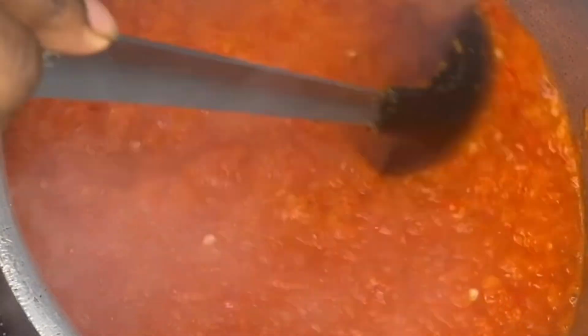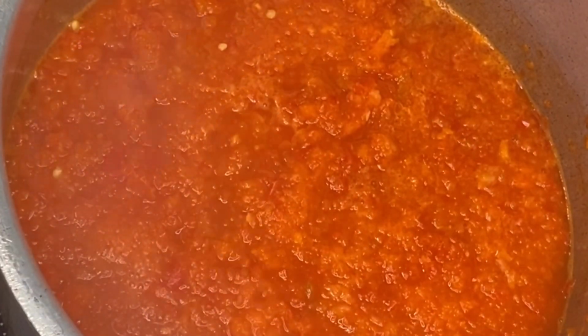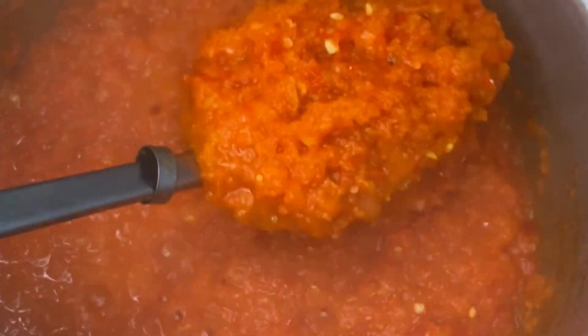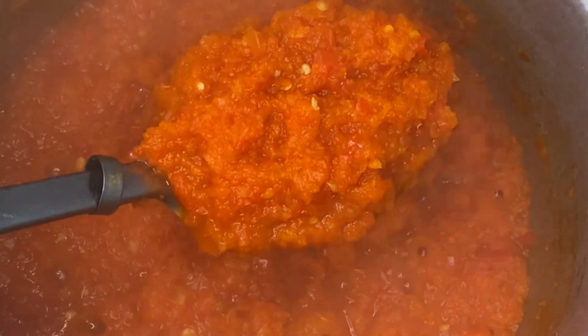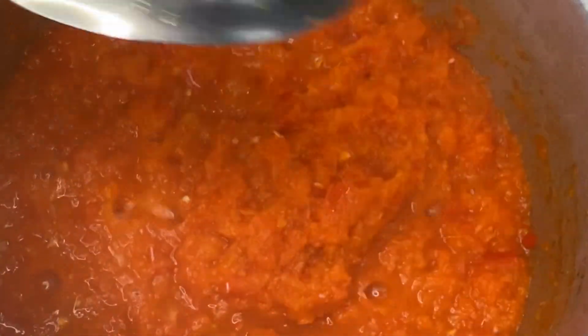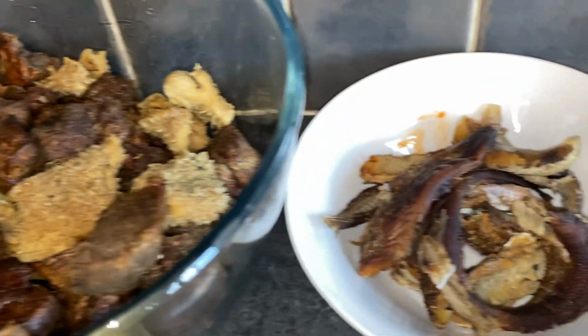Okay, so you're going to keep stirring, checking this gradually every few minutes, maybe for like 20 minutes, so the water will dry up. Like I said, the only water that's in this is the one I blended it with initially. So here I am just checking again. You'd already see that it has got smaller, so the water is reducing. So put that aside, and once it has dried up,